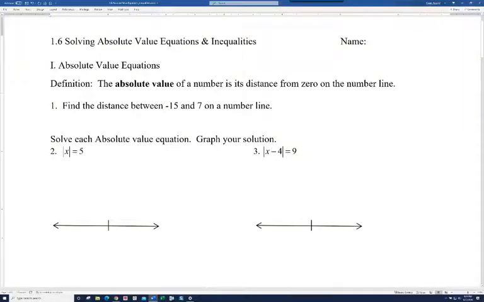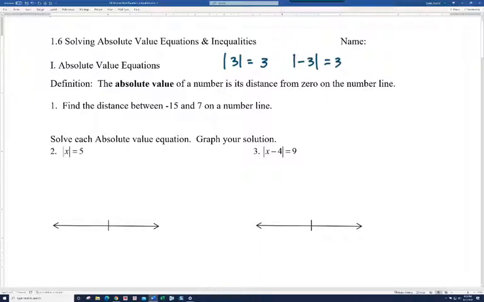In this recording, I'll be looking at solving absolute value equations and inequalities. So first of all, let's look at a couple simple problems here. If I asked you what was the absolute value of 3, hopefully you would say 3. Or how about the absolute value of -3? Well, that's also 3. So our definition here says the absolute value of a number is its distance from 0